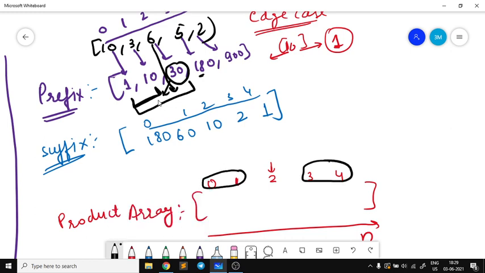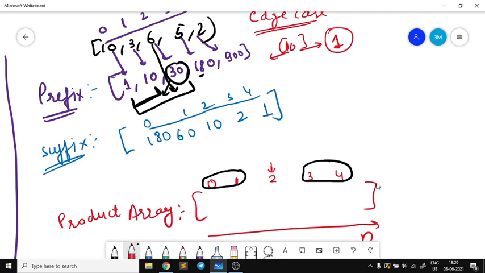With the help of the prefix and suffix we calculated earlier, for this index the answer in the prefix will be the product of this one, only 10 and 3. Similarly, in the suffix, for index number 2, the answer will be stored for the last two elements, that is, the elements after it in the suffix and the elements before that index in the prefix. So that becomes pretty easy. Now I can find the product for each particular index excluding that particular element.